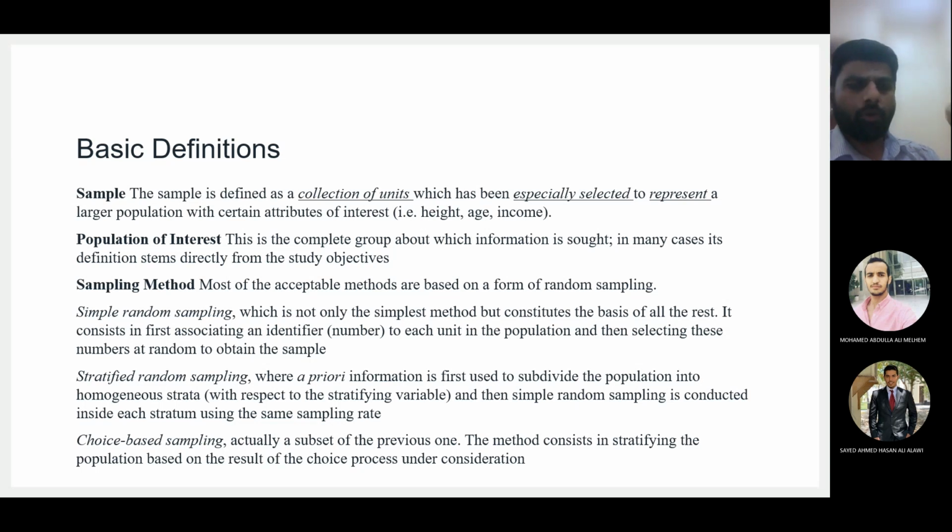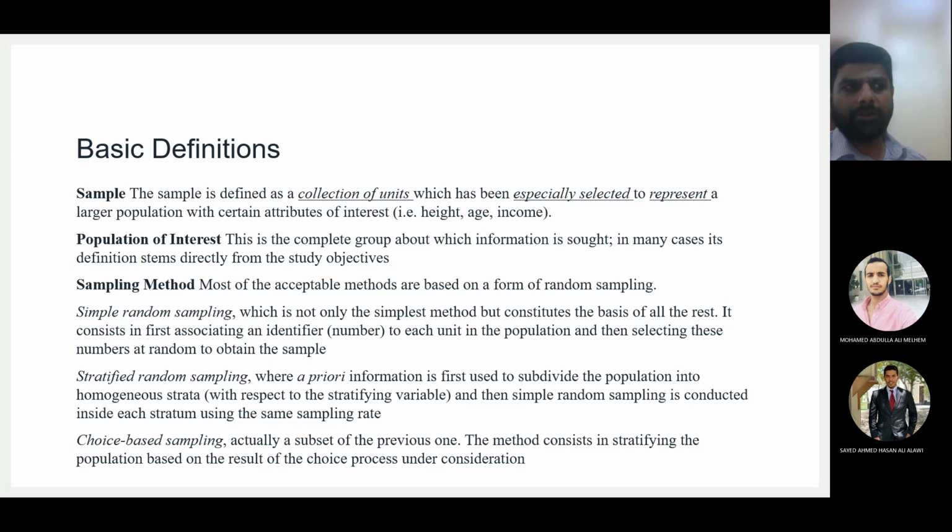Okay, whatever coding you can use, whatever coding you like. You can code according to the street, according to the location, according to income, whatever. So you code the household, and then you put this coding in a table or in a column. Then you can put it into MATLAB or Excel and generate random numbers. You can ask Excel or MATLAB to generate random numbers for you, and to whichever household this random number matches, you will collect the data from that household.